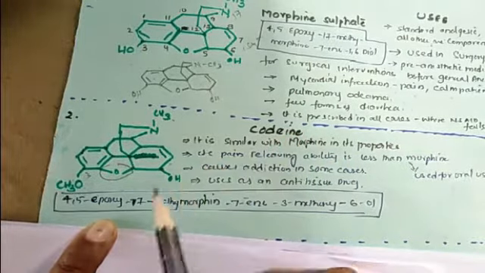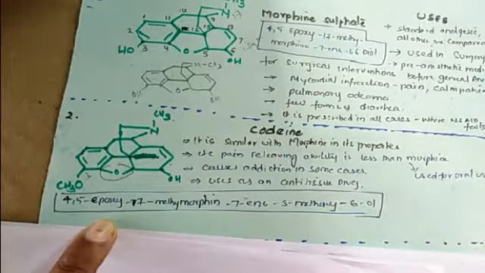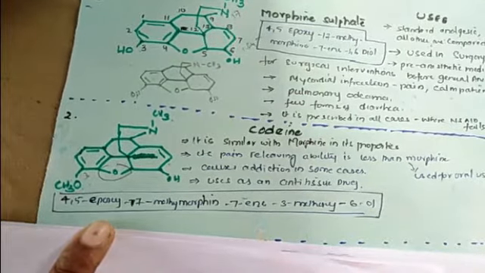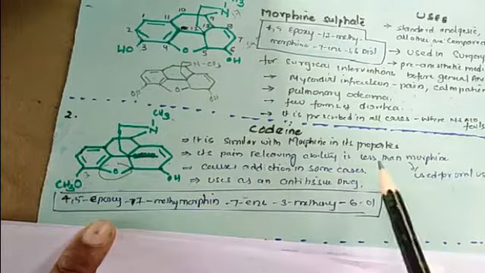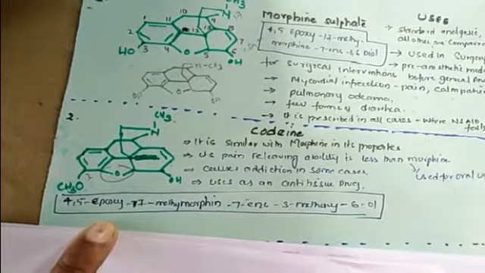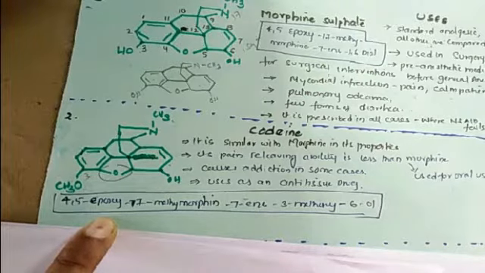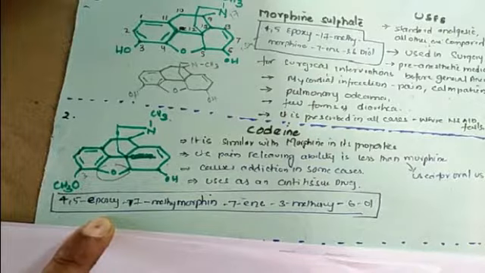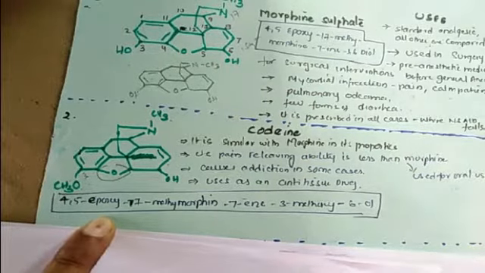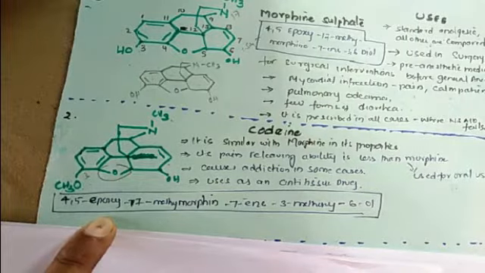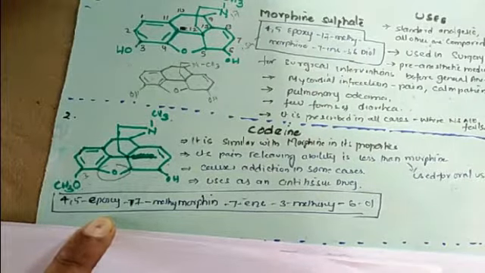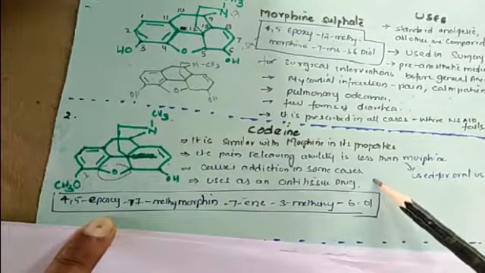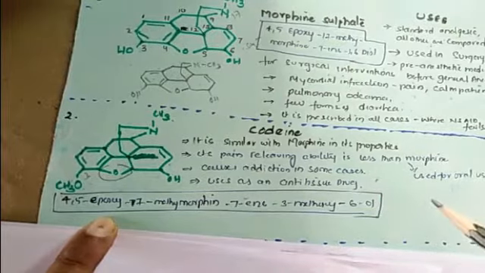Coming to the uses and properties, it is very similar to morphine. But its pain-relieving ability is less than morphine. That's why we use it orally, for example when a dental doctor goes for surgical removal of teeth or cleaning of teeth, where codeine is used as an anesthetic. The main disadvantage of codeine is that it causes addiction.